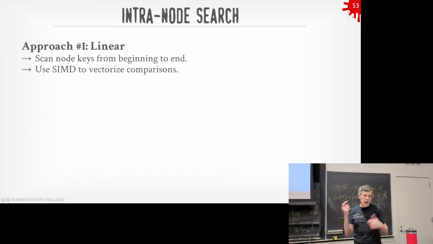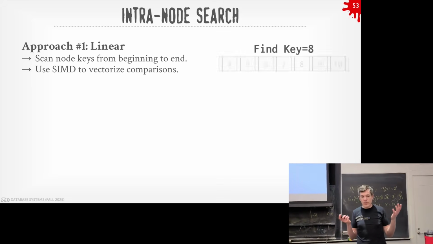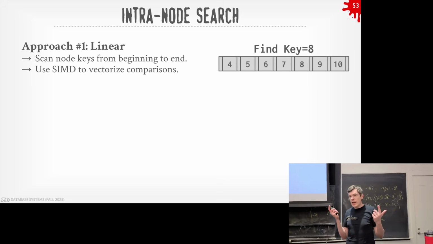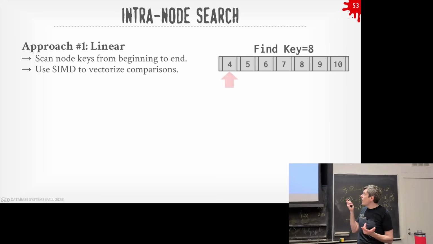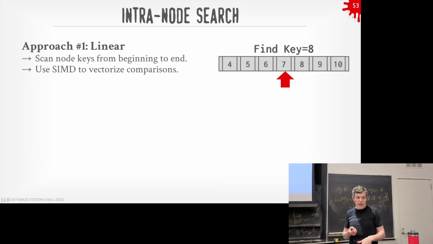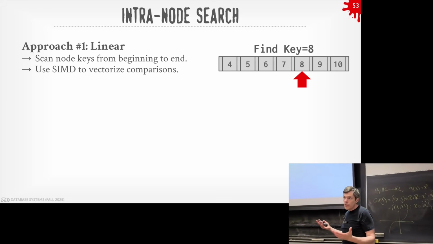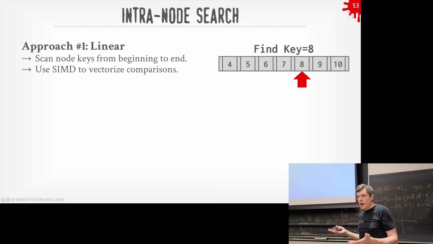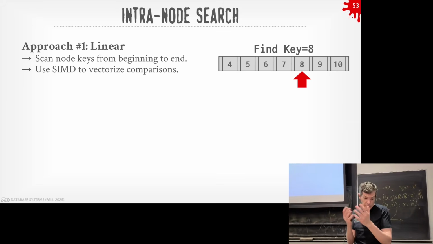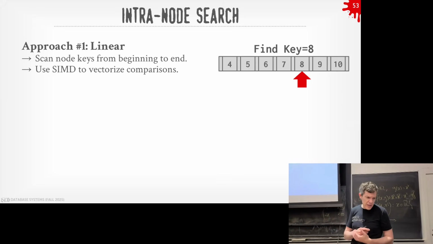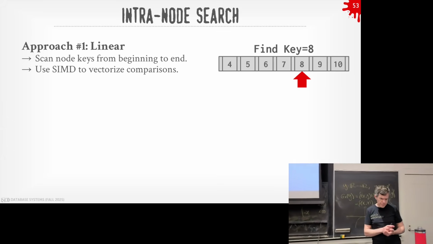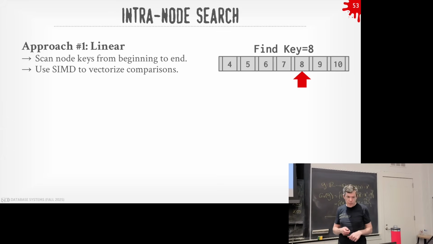All right. How do you find the data within a node? The first, most obvious thing to do is just linear search. So I want to find key 8. I have to find it in my array. I just start from the beginning, scan across until I find it, and I'm done. Again, it's not the full table, or the full data set, so this is okay. The number of keys we have within a node is not going to be massively large. So yeah, it's a linear scan, but it's not too bad because it's in memory.